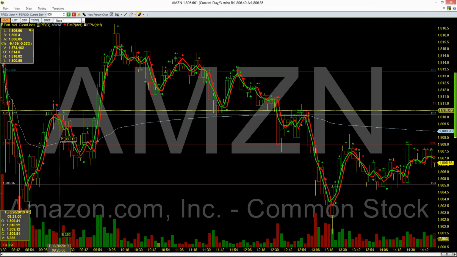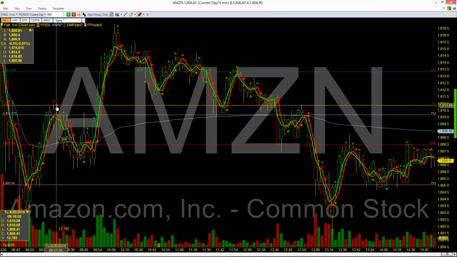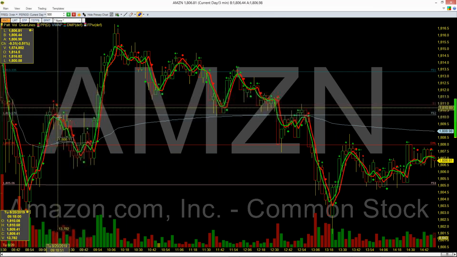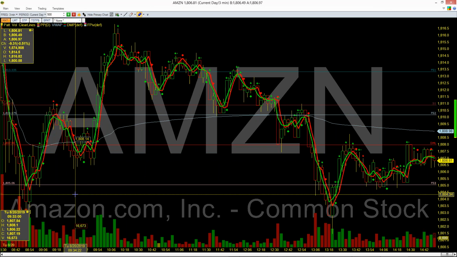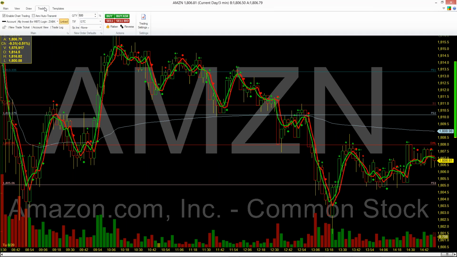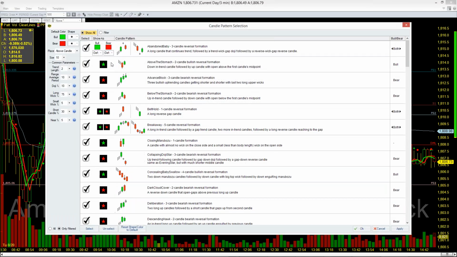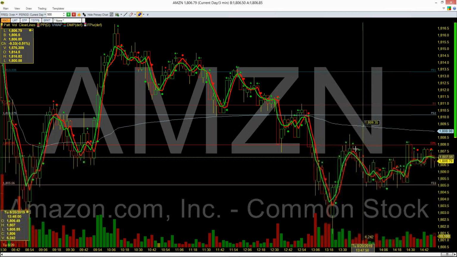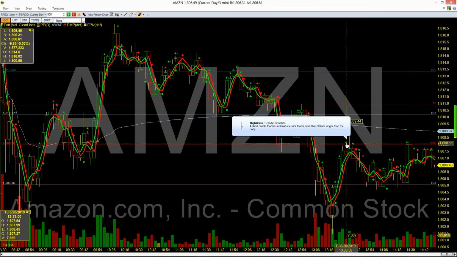Anyway, for those that are into the candle patterns, you could literally put them all on there. If you want to learn candle patterns, this is the cool thing. You just go in and add them all, right? See what I did? I selected them all, and then whenever one appears, you're like, all right, well, there's a high wave,